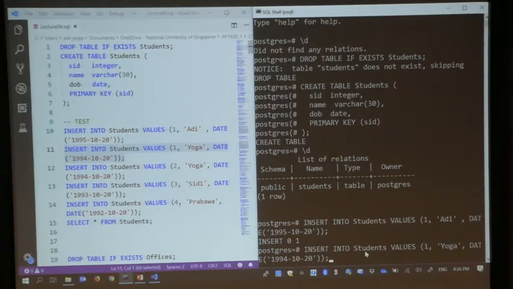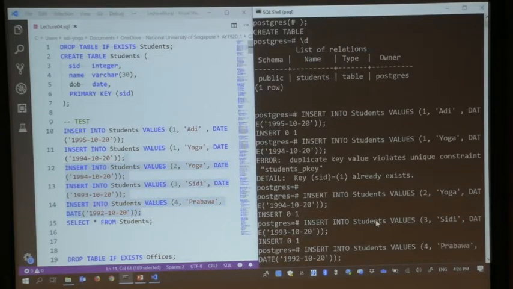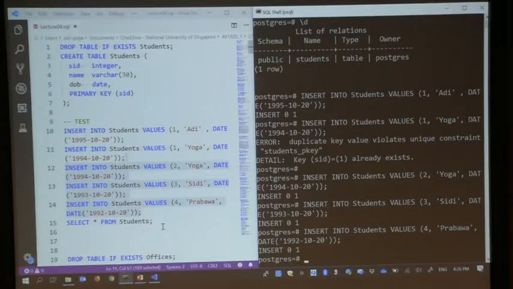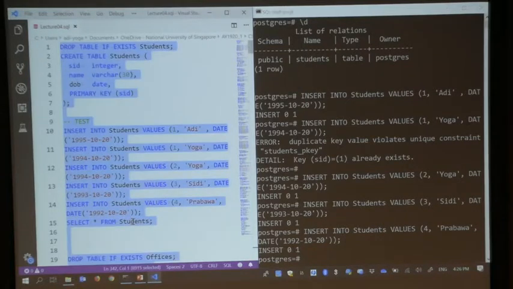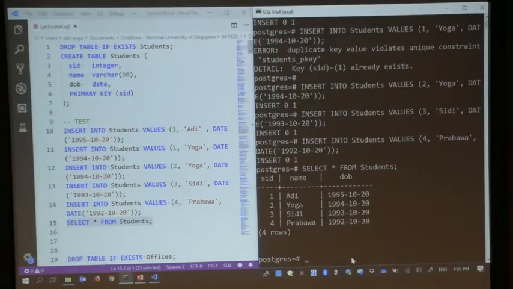This one is going to be rejected because the student ID already exists. But if I try to insert values where the student ID does not exist, it will be accepted. So now if I query, I will get this.